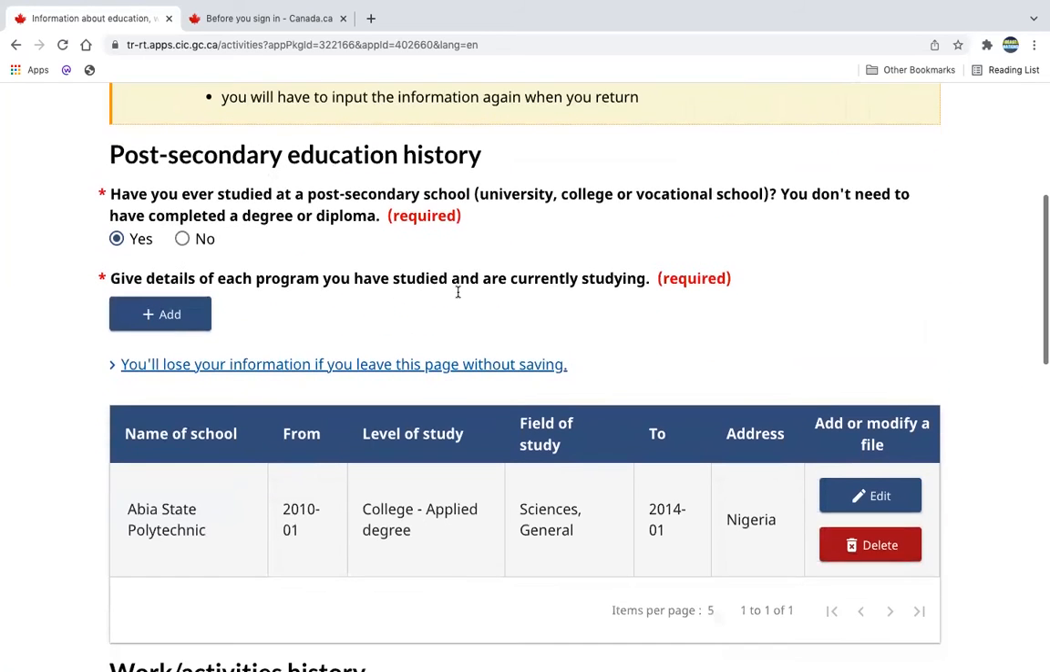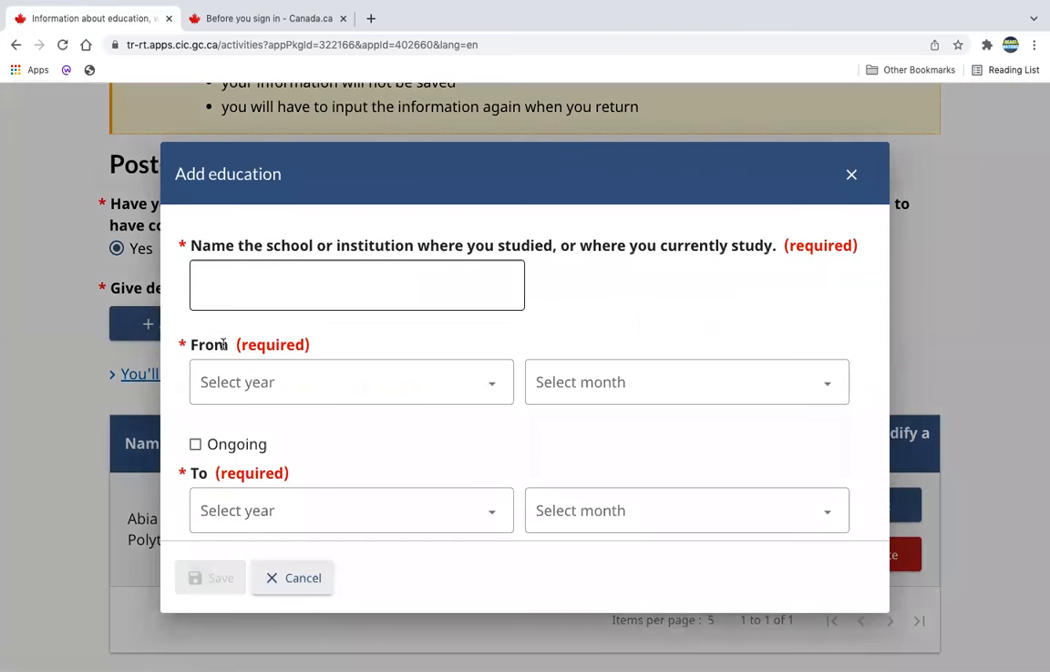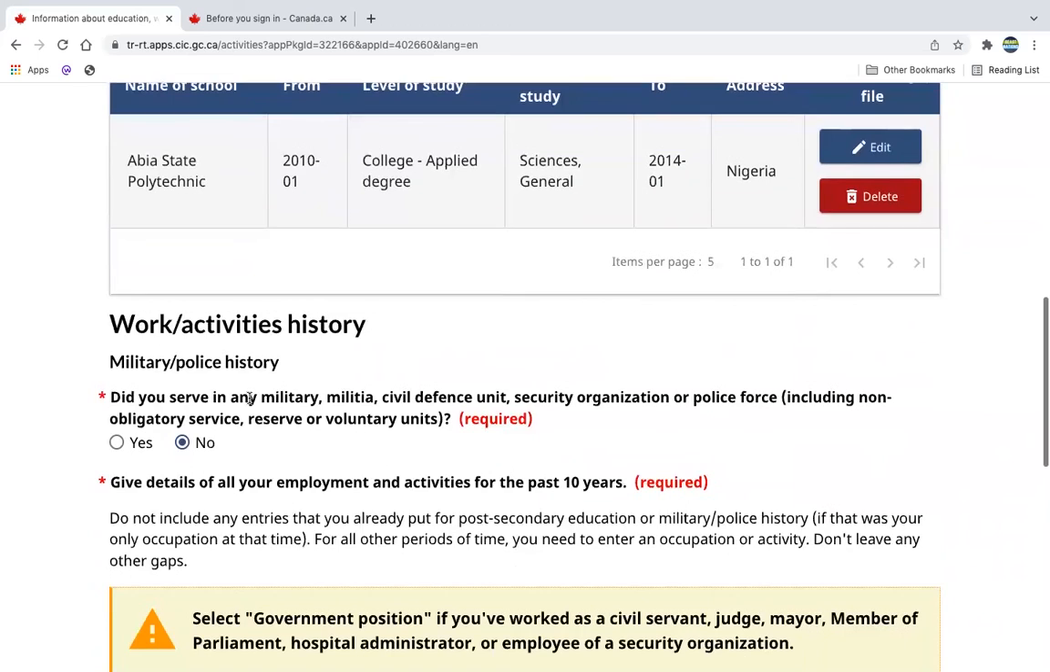Then information about education, work, and other activities. For secondary education, if you have any post-secondary education, you're going to put that information here like I did. The name of the school, when you started, the level of study, field of study, when you finished, and the address. And to do that, you are just going to add the information here. Once you complete that, then you move down to